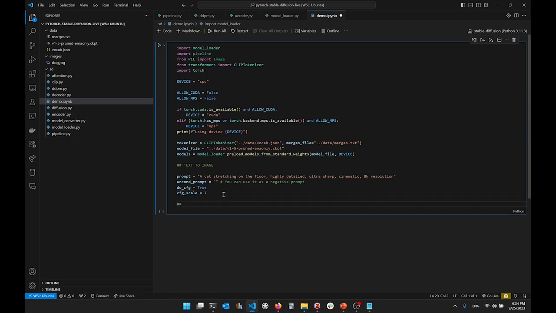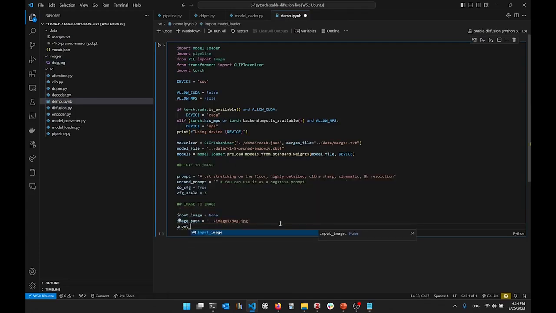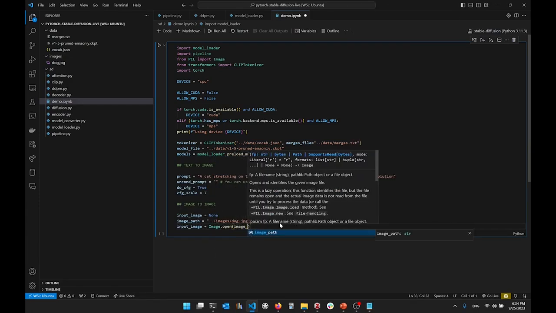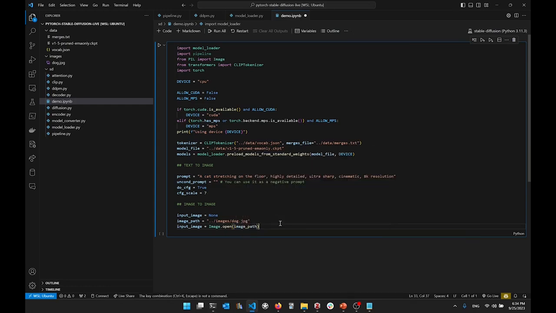then we can define also the parameters for image to image. So input image is equal to none, image path is equal to, I will define it with my image of the dog, which I already have here, but for now I don't want to load it. So if we want to load it, we need to do input image is equal to image.open image path, but for now I will not use it. So now let's comment it, and if we use it, we need to define the strength, so how much noise we want to add to